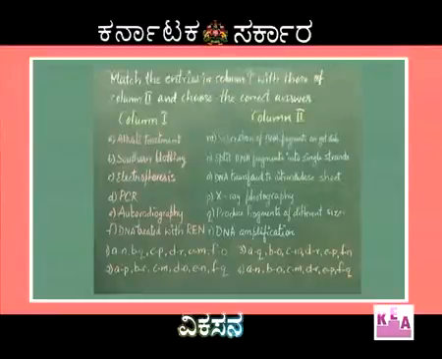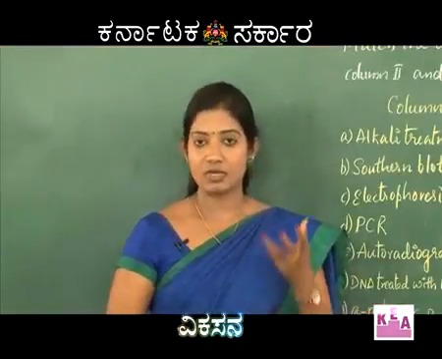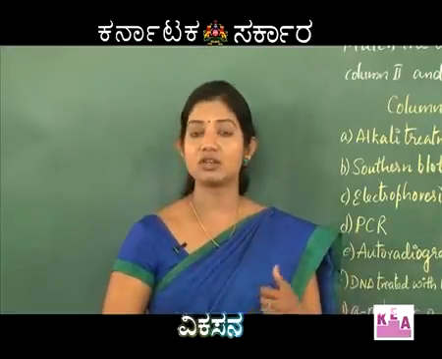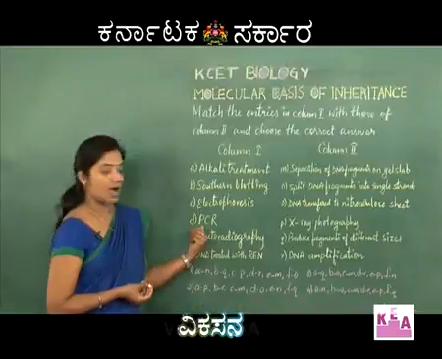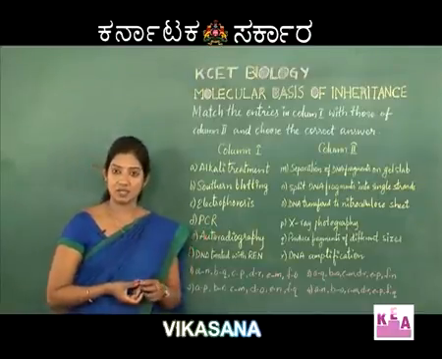Here you can see the different steps of DNA fingerprinting. To begin with, DNA is collected. If the amount of DNA is not sufficient, then it is subjected to PCR, that is polymerase chain reaction,